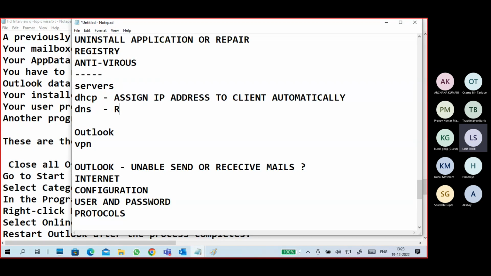DNS returns the address of a host in a domain.